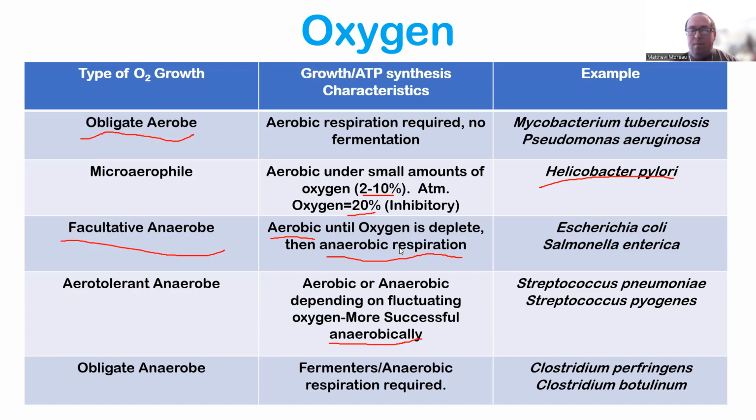And they can grow in the presence of oxygen, but they don't utilize oxygen. So that means oxygen isn't toxic to them, but they don't use oxidative phosphorylation. They use other non-oxygen versions of terminal electron acceptors. And two good examples of this are the streptococci. So strep pneumo and strep pyogenes, they live in the throat and in the upper respiratory system, which still gets